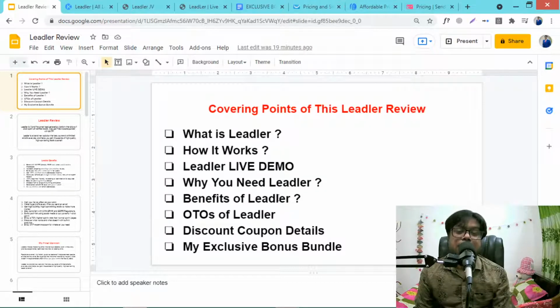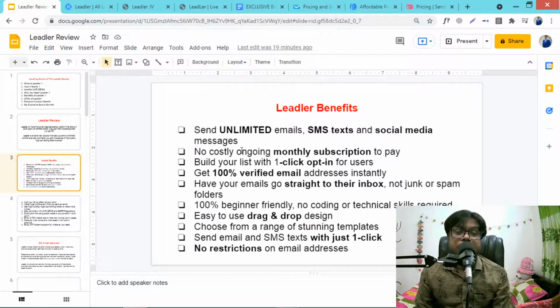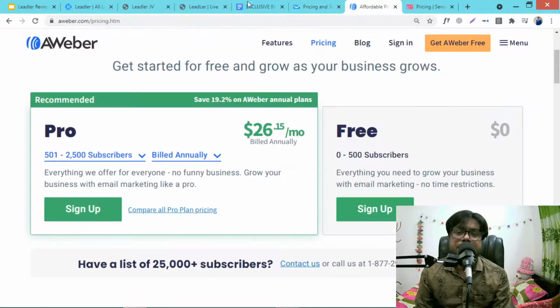So what are the benefits of Leadler? See the benefits. You can send unlimited emails, SMS text and social media messages using this Leadler software, and you don't need to pay any monthly subscription fee like these other softwares.